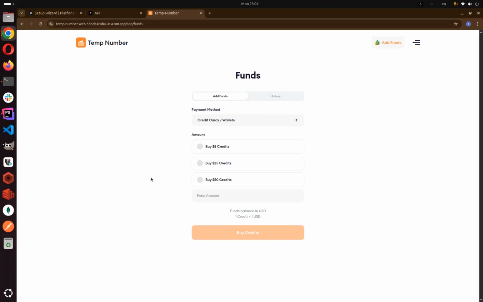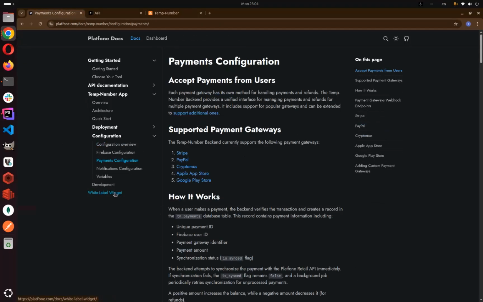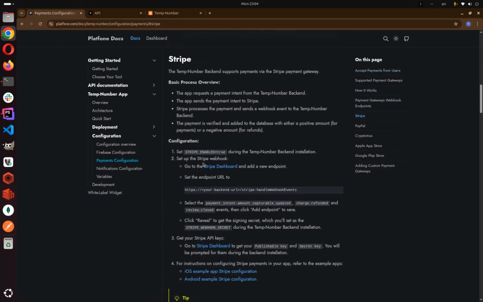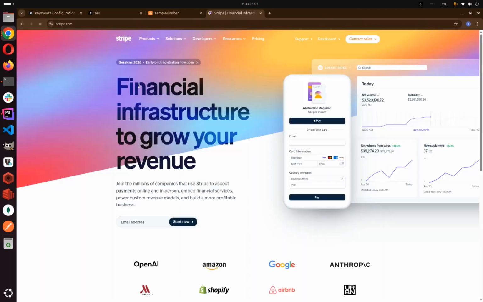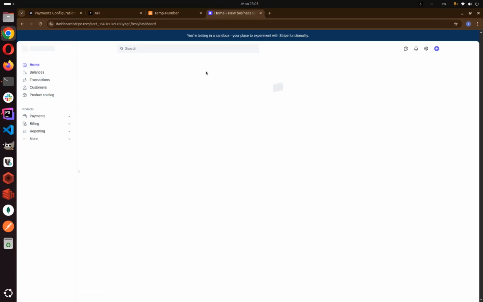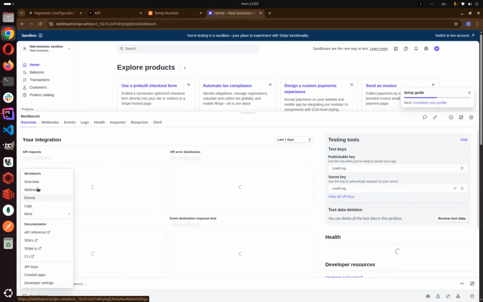Go to add funds. Now we need to set up our Stripe. We need to go to documentation, configuration, and payment configuration. We need only Stripe. So we need to go to Stripe. I already have an account in Sandbox. We will use Sandbox to not pay real money for this video, for this test. Okay, open developers, webhooks,